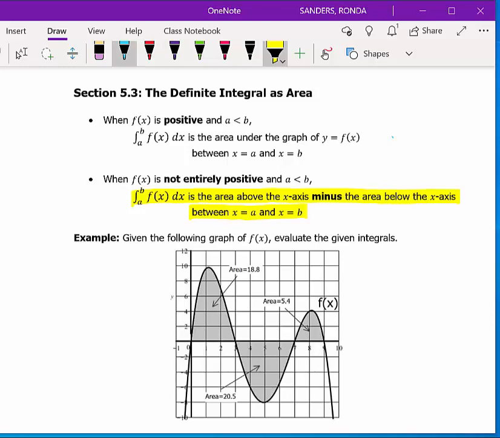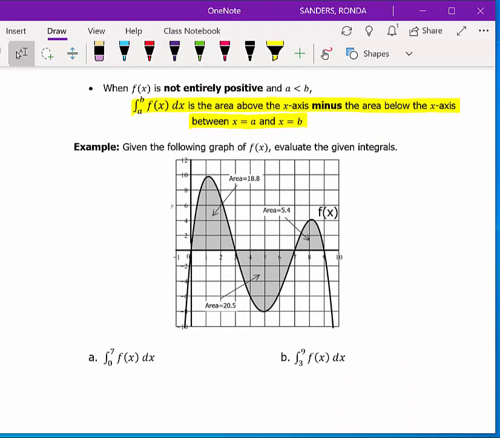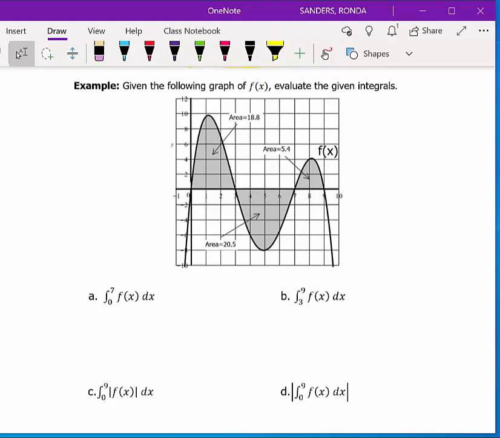Let's look at an example. Given the graph of f of x, evaluate the given integrals. If we consider the integral from 0 to 7 of f of x dx, we notice that we have an area of 18.8 above the x-axis, and we have an area of 20.5 below the x-axis. So we take the area above the x-axis minus the area below the x-axis, and if we calculate that, we end up with negative